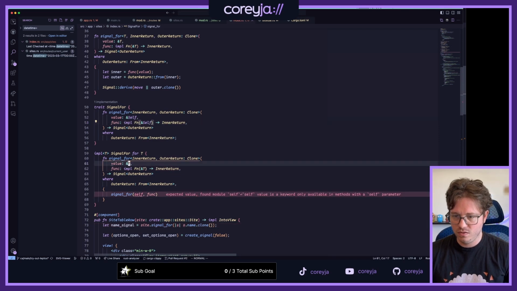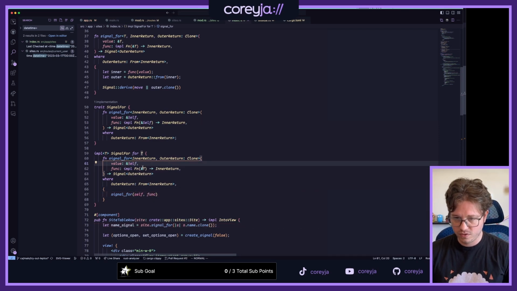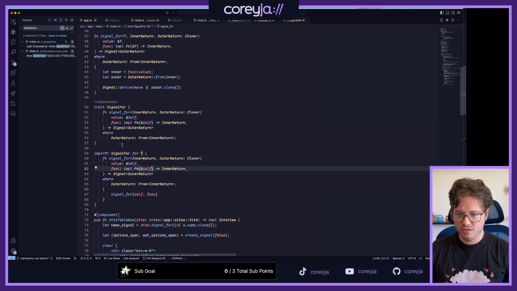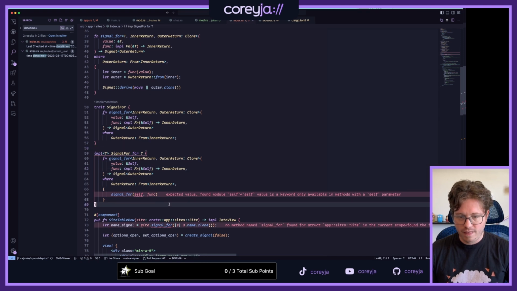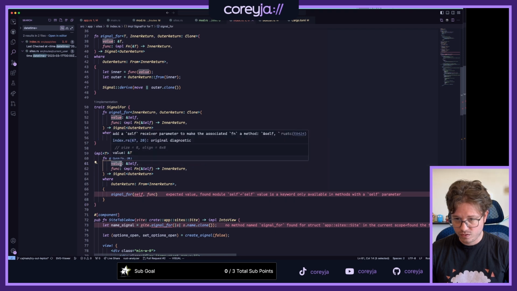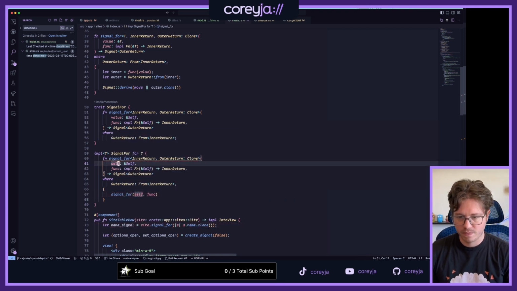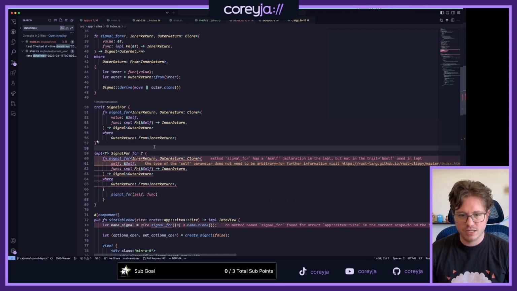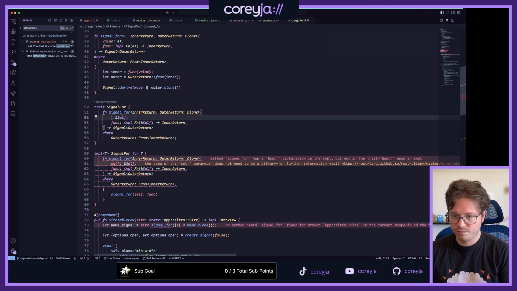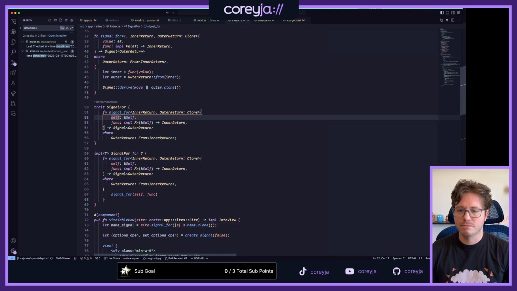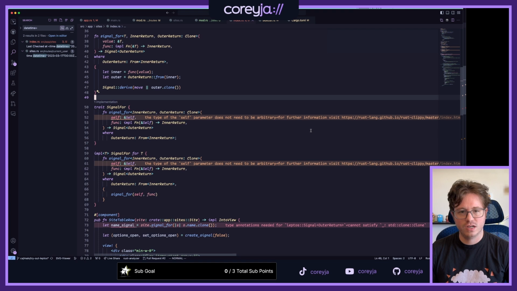That's a self. Found module. Self is a keyword only available in self-ish ones. There we go. The type of self parameter does not need to be arbitrary.